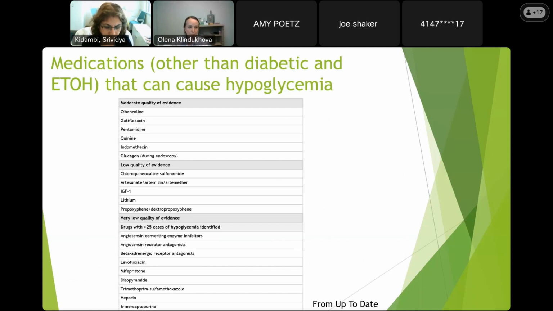All right, very good. So let me briefly show the slide that covers the non-insulin, non-diabetic medications that may be associated with hypoglycemia. The list varies, but the only more or less strong evidence would be for quinolone and indomethacin, as well as glucagon after endoscopy. The ACE inhibitors, beta blockers and things like that are listed, but they truly rarely occur, and they're more case reports. But at least in the differential diagnosis, we'll always cover that.